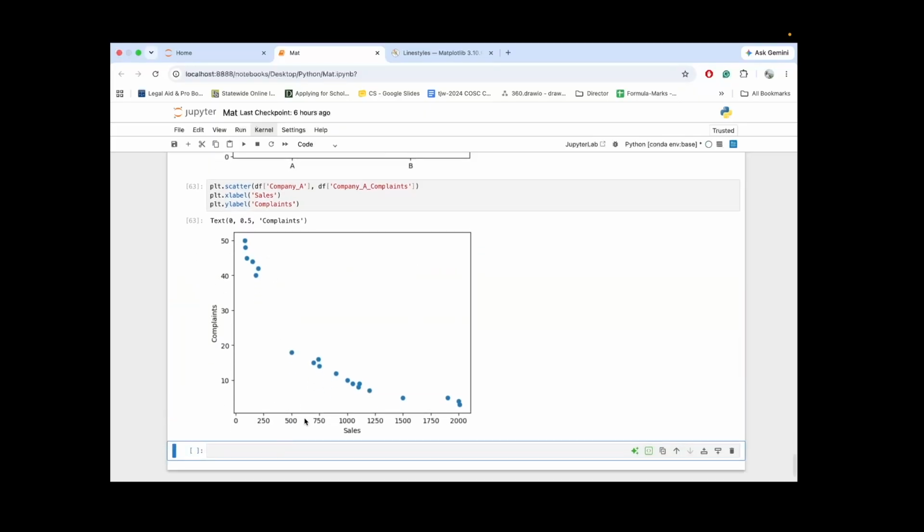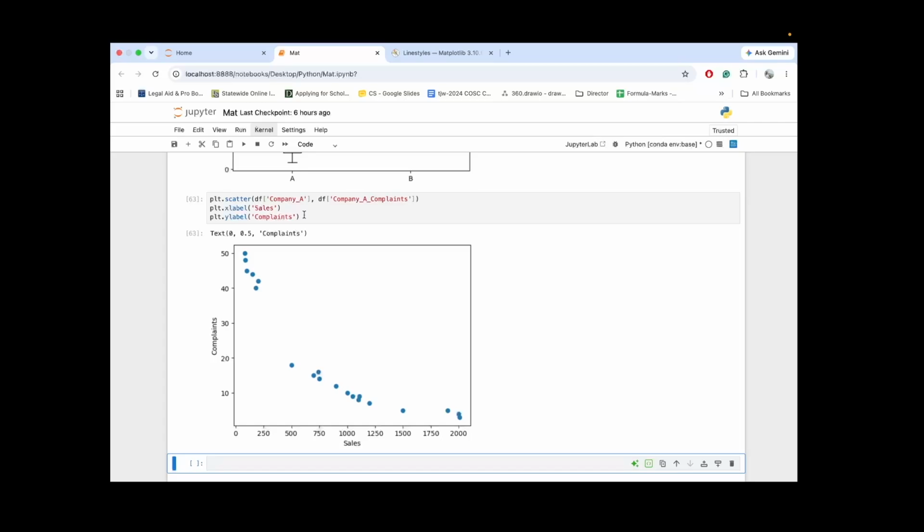Now I can do a comparison. So if we have less sales, we have a lot of complaints here. That's the pattern I found for company A. And for company B,